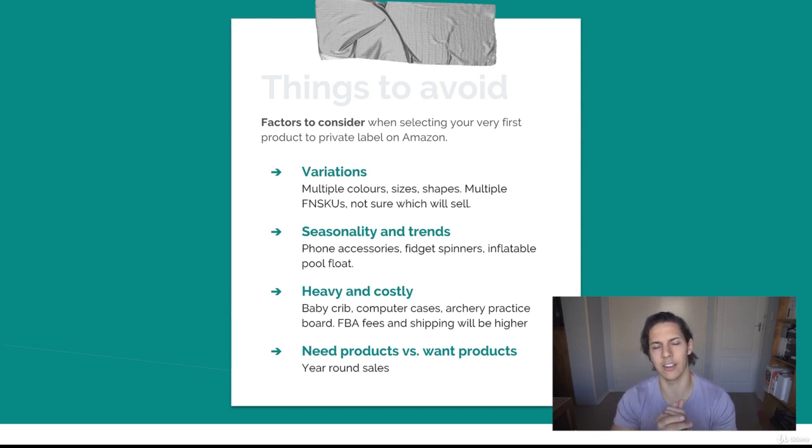Then heavy and costly items. So items that are heavy and oversized and big and maybe just too expensive as well. Like I've discussed the baby cribs. While it could fit within our range, I've seen baby cribs for about $49, like the structure. So for $49, that might be really good, but to ship something like that, it's oversized and quite big,